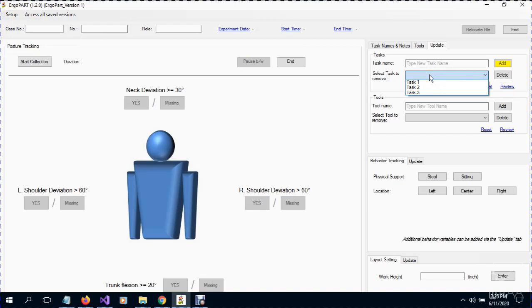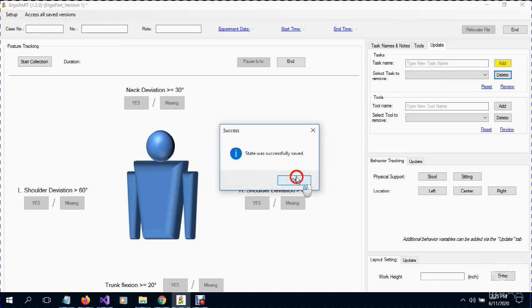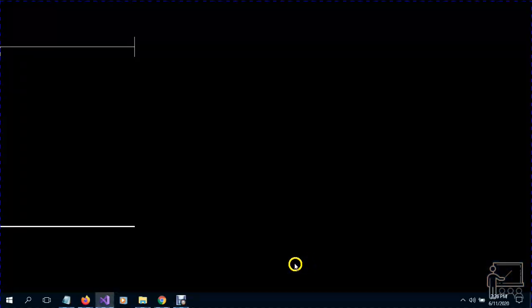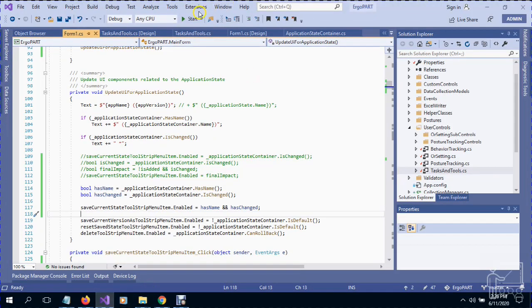What if I again delete any task from this version? Now it has been updated or changed, so this time again save changes will be highlighted or enabled. So if I do save changes, the same data will be saved on the disk in a text file. Anyhow, if I close this application and launch it again,